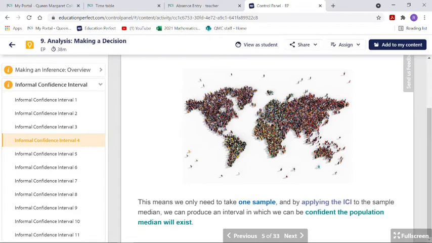We're only going to take one sample, but then NZ Grapher is going to resample that same data set over and over again. Never mind, you're not year 13. So NZ Grapher is going to use that formula to be able to find the informal confidence interval based on that sample. Okay? So it will do the math for you. You don't have to.